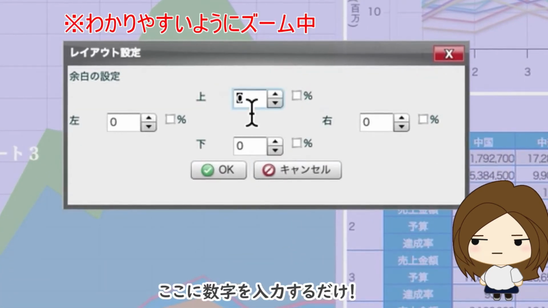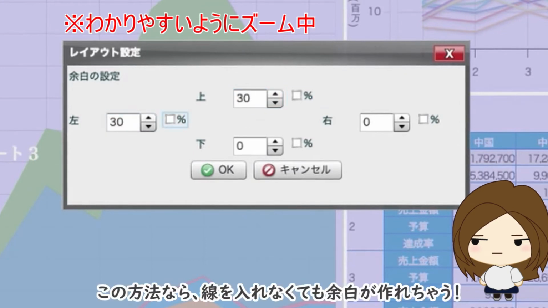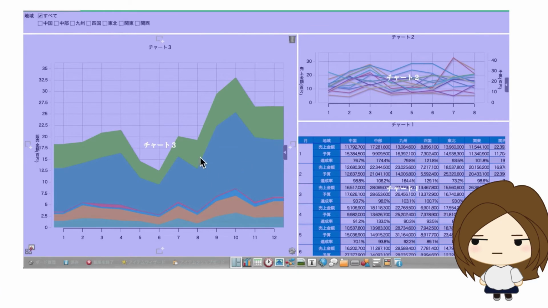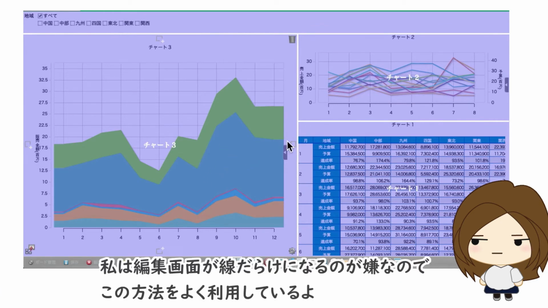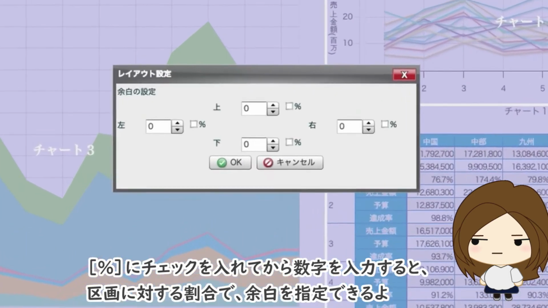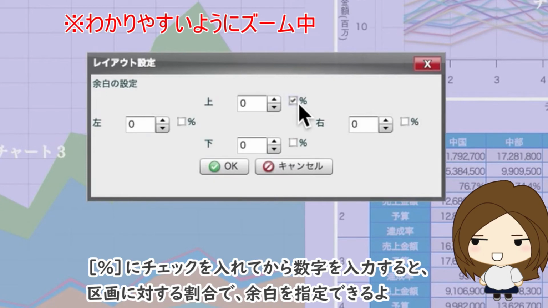Now all you have to do is enter a number. This way, you can create margins without having to add lines. I don't like it when the Edit Layout screen is full of lines, so I often use this method. If you tick the % checkbox and then enter a number, you can specify the margin as a percentage of